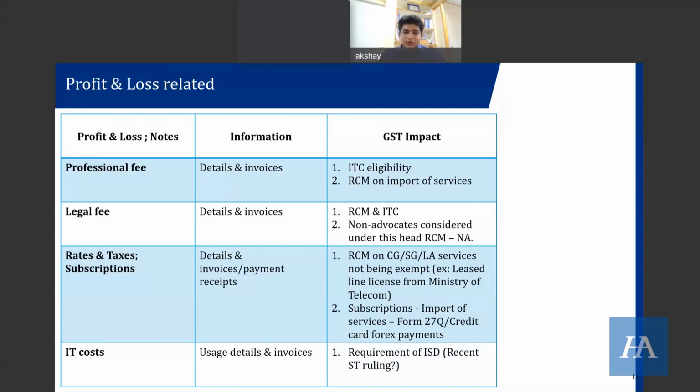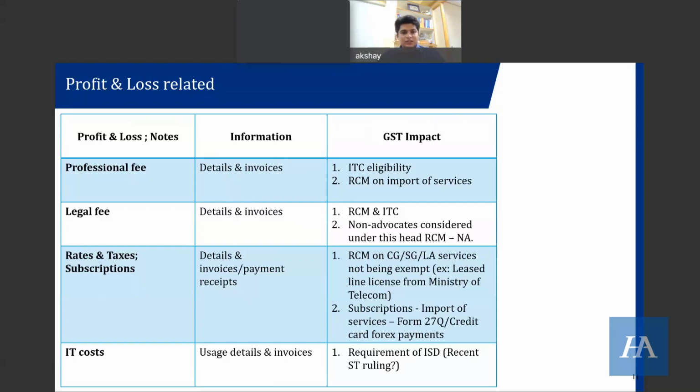Sometimes there may even be some foreign expenses which have not been verified, which also may have an import of service implication. So I suggest the reviewer take the Form 27Q under income tax or the 15CA and 15CB and verify whether these transactions may be liable under RCM. There may be certain expenses where the place of supply against those services falls outside India and therefore would not be liable to RCM. So it cannot be said that I can charge GST on the entire foreign expenditure at 18%. That would be incorrect.